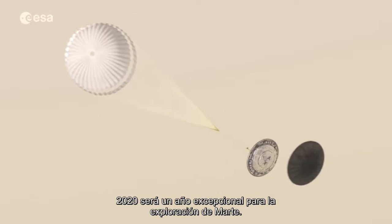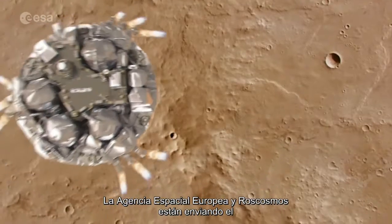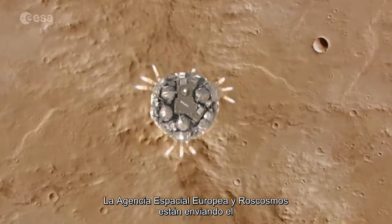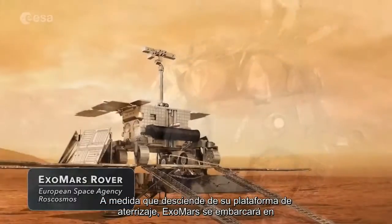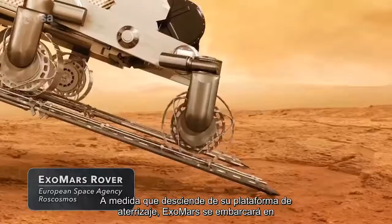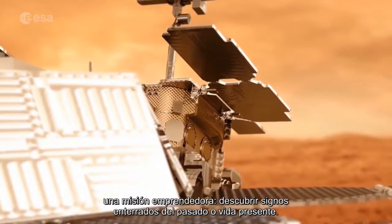2020 will be a banner year for the exploration of Mars. In addition to the launch of NASA's Mars 2020 rover, the European Space Agency and Roscosmos are sending the ExoMars Rover to the Red Planet. As it descends from its landing platform, ExoMars will embark on an enterprising mission to uncover buried signs of past